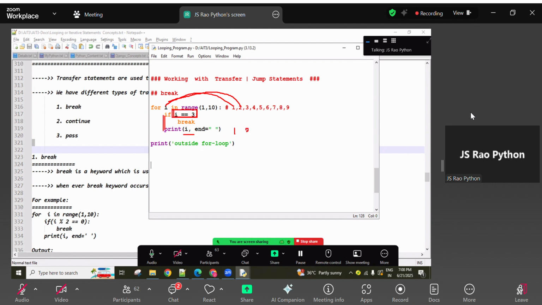Then again, one more time, outside if executing. So 2 value is also printing here. Next, the I value is what? 3. So 3 double equal to 3, matching or not? Matching. If it is matching, going inside the block, the break keyword executes. When the break statement executes, all the remaining loop iterations stop and terminate